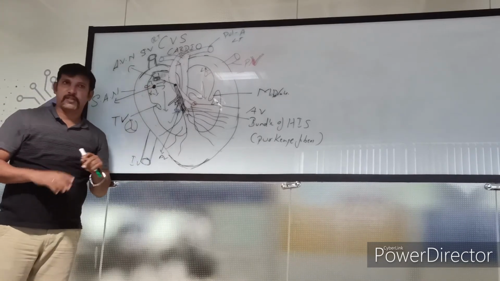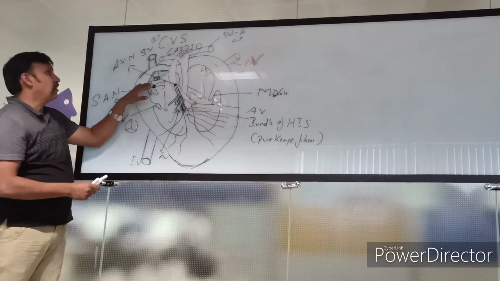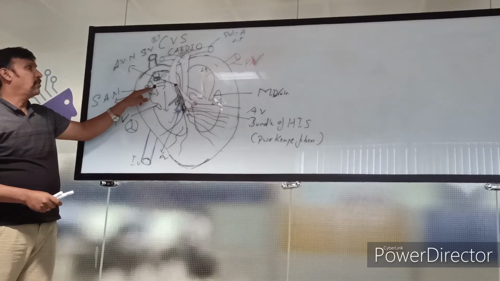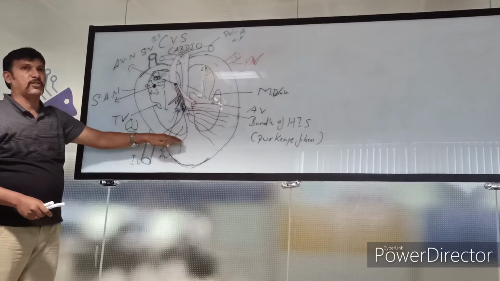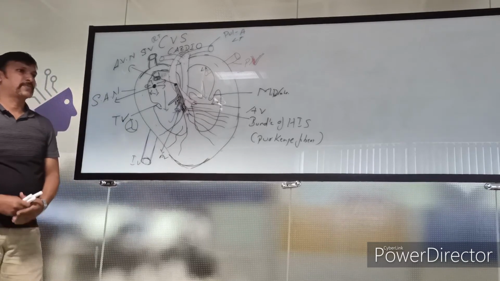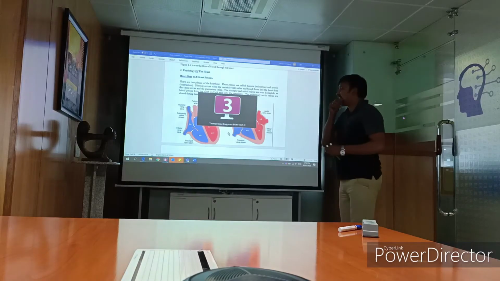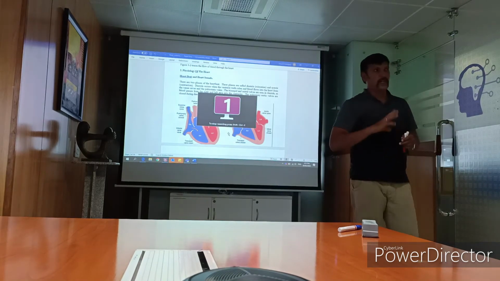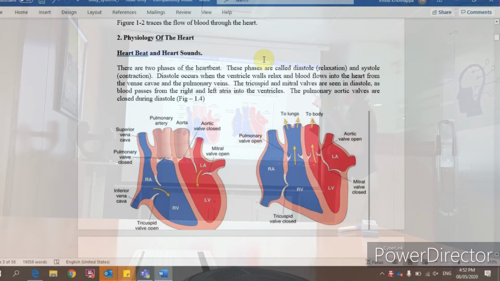SA node. I'm talking about a little bit of pathology now, right away, so that it helps your understanding. Either this is not generating, or the impulse is not traveling from here to here. Like that, the pathology can happen anywhere in these. Okay. Now coming back, as I explained on the board diagram, the anatomy and physiology and the conduction system. We'll go back to this and scroll down.